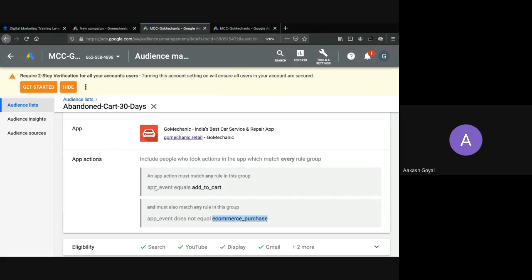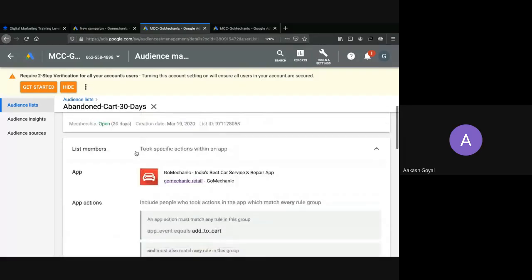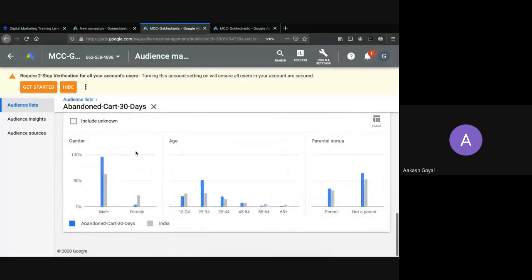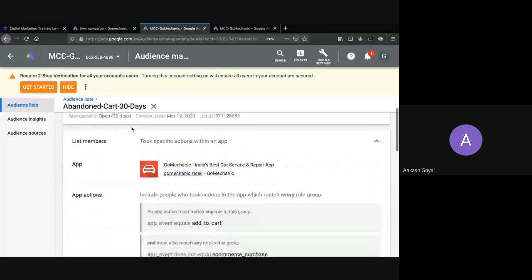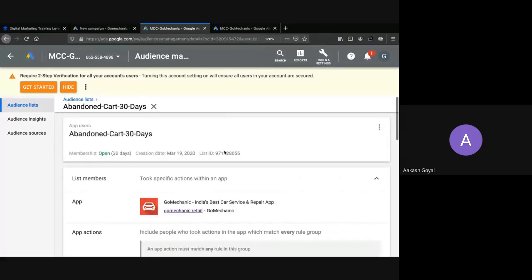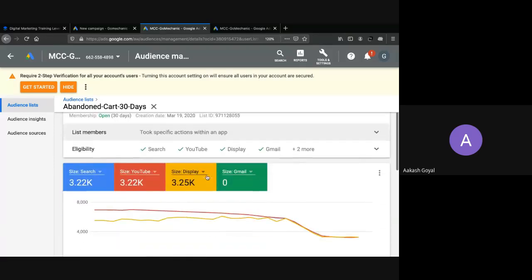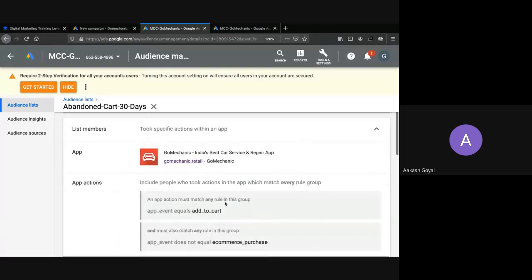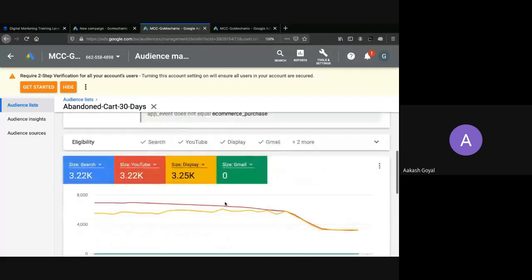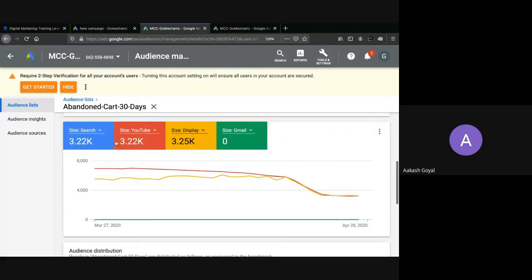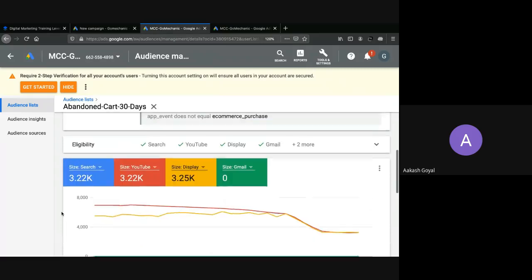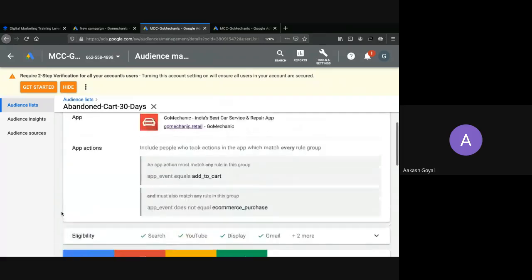So I said that people who have added to cart but didn't complete the e-commerce purchase are abandoned cart users, and apart from this, I've also said that this data should be of 30 days, and there are multiple different options. I will show you that. This is showing me that the audience is 3.2K,